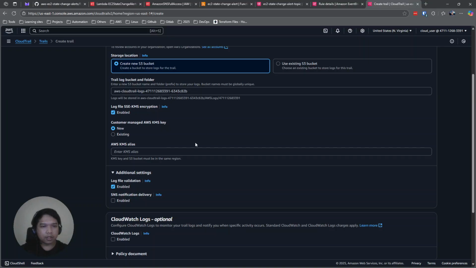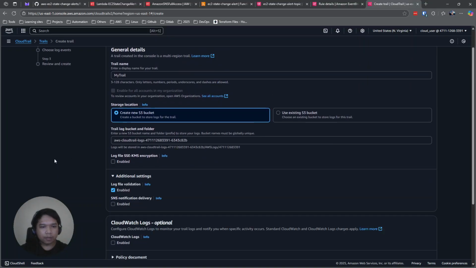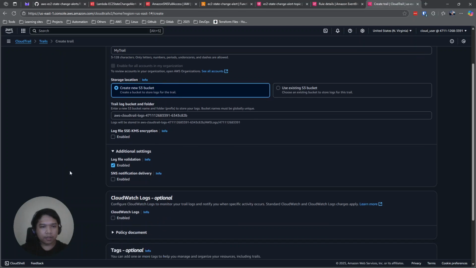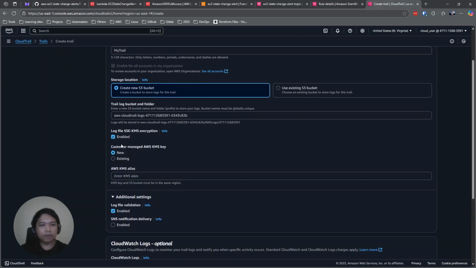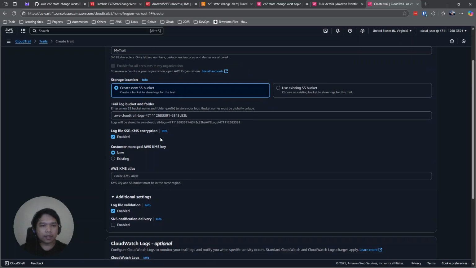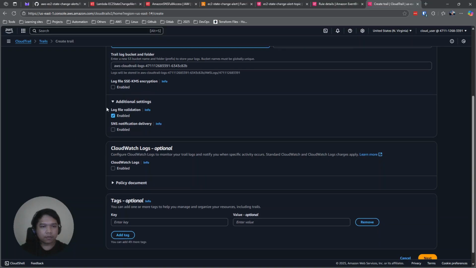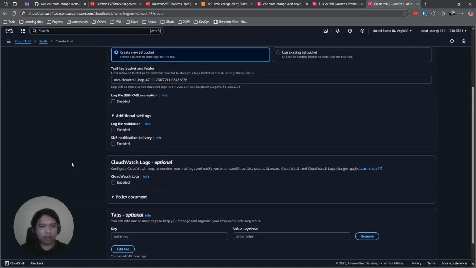Since this is just a laboratory, we're not going to enable KMS, but it is recommended to have a KMS key for the encryption of the data stored inside the S3 bucket. For log file validation, we're just going to keep it simple.